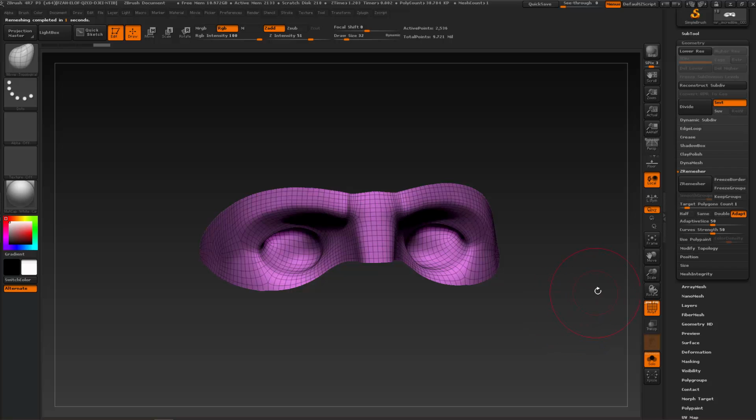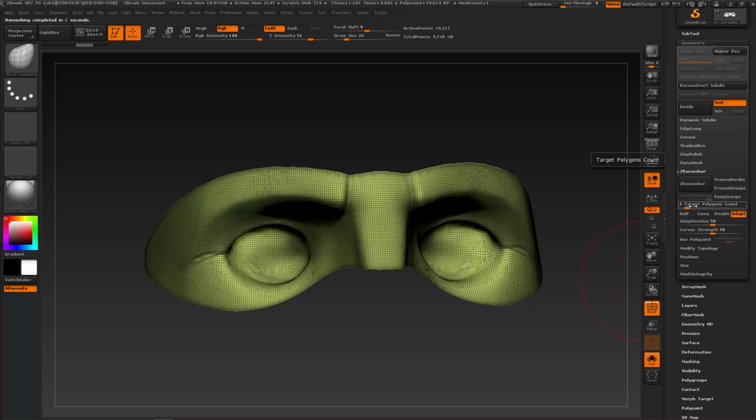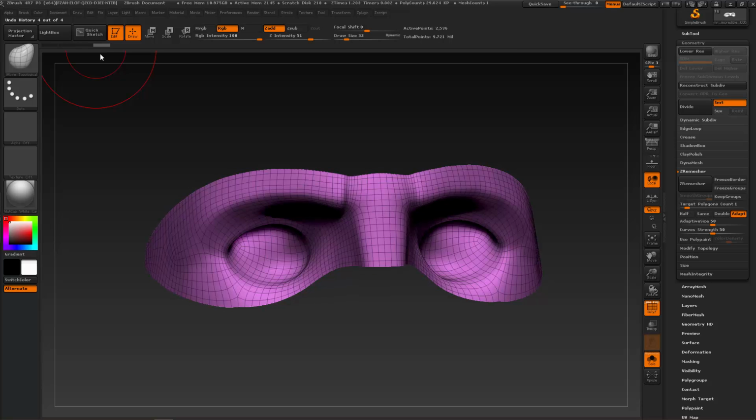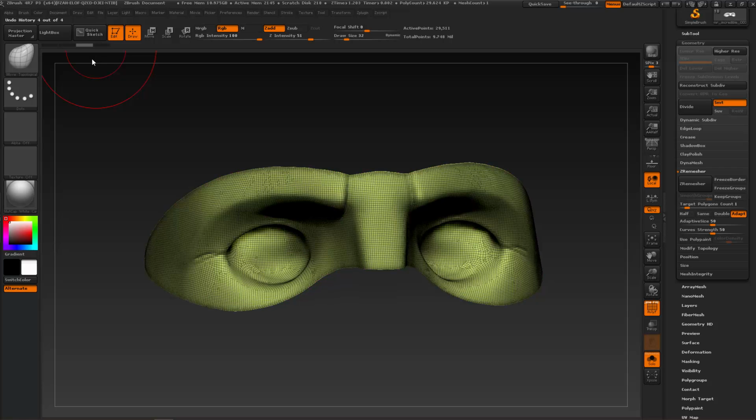Alright, so it seems that it looks way too much, and for some reason it looks like it shrunk down the mask a little bit,